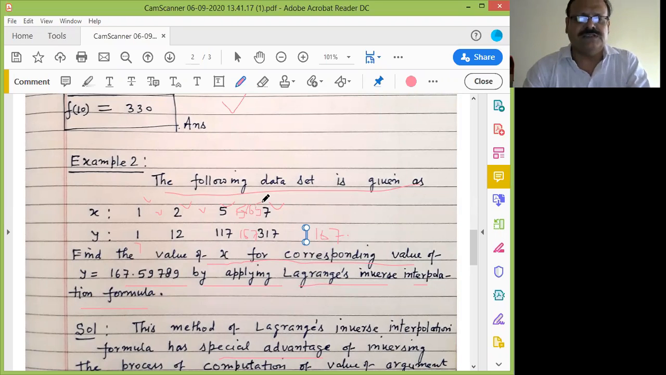So 167 point something is the value. In this way we can compute the value of x and y both, and this Lagrange interpolation formula, inverse as well as direct, is very useful, and it can be applied when intervals are not equally spaced. In this way